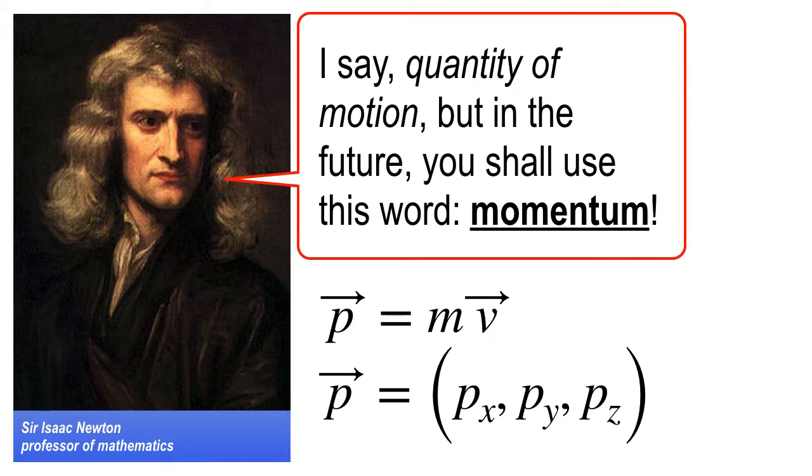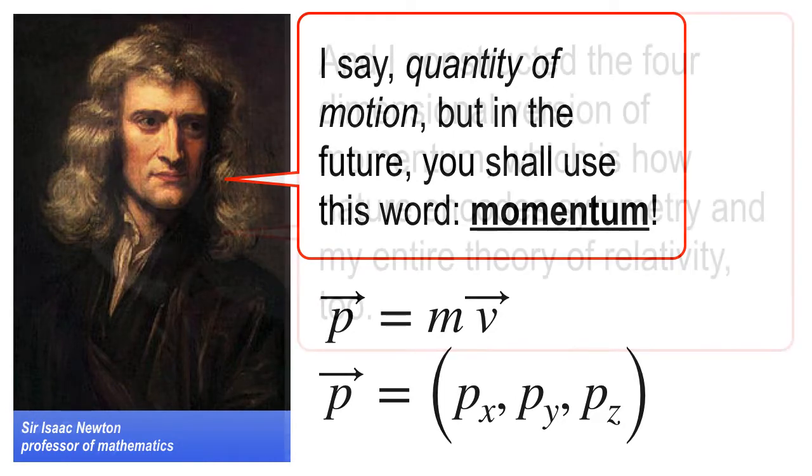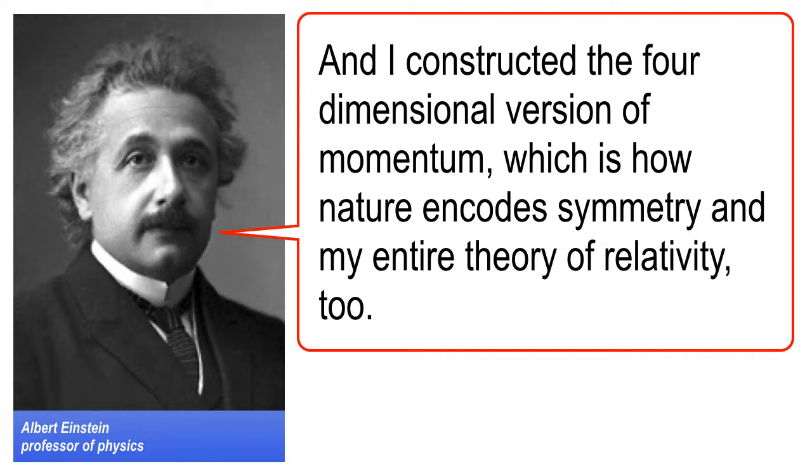The reason I bring that up is because we have another dynamical concept in chapter 4 called energy. The person that brought that into focus is Albert Einstein. He constructed a four-dimensional version of the momentum. And the nice thing about it is that when we talk about symmetries in nature, the dynamical symmetries that we find are in